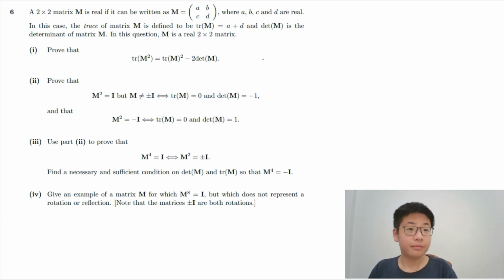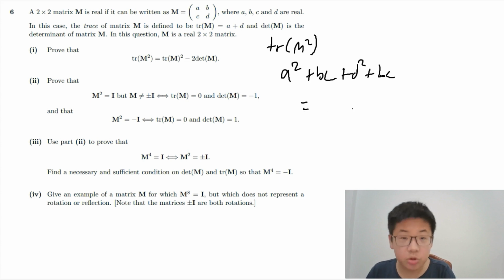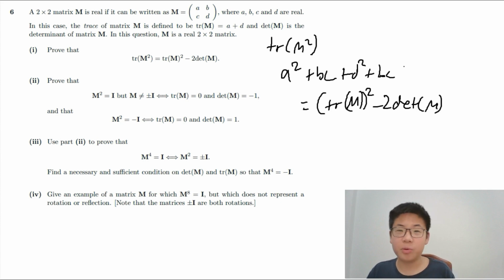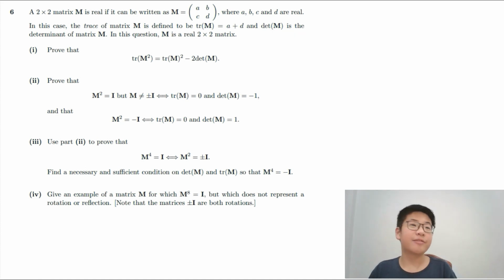So, trace of M squared, as we have seen, is a squared plus bc plus d squared plus bc, because those are the entries on the diagonal. It equals trace of M squared minus 2 determinant M, because we will have a squared plus 2ad plus d squared minus 2ad plus 2bc. That's it. Now, prove that M squared equals I,